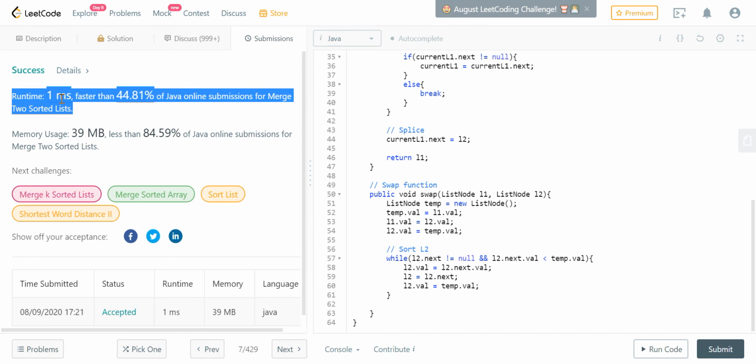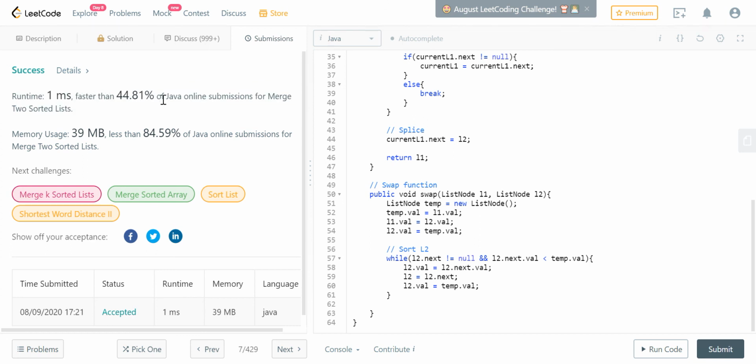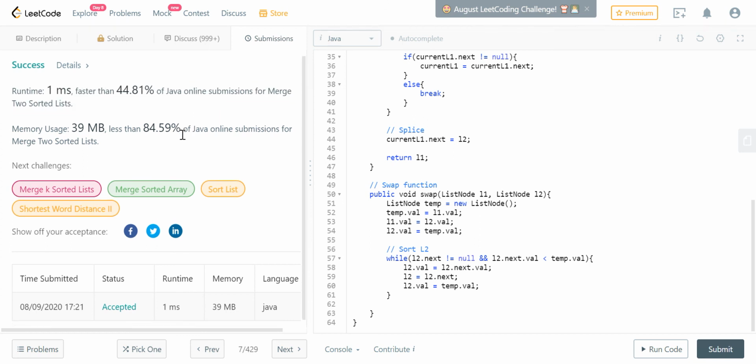All right, average runtime 1 millisecond, faster than 44.81% of Java online submissions, and that's it. Okay,